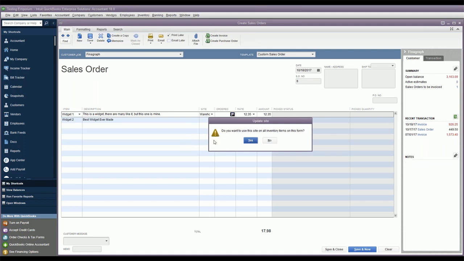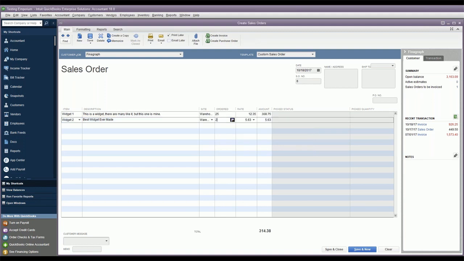We'll add what site we're picking these items from. And then it's going to say, do we want to associate this site with every item on the sales order? So we're just going to say yes. We're going to put in a quantity. And then we're just going to save it. So we can see that the sales order is saved, our current pick status is open, and our current picked